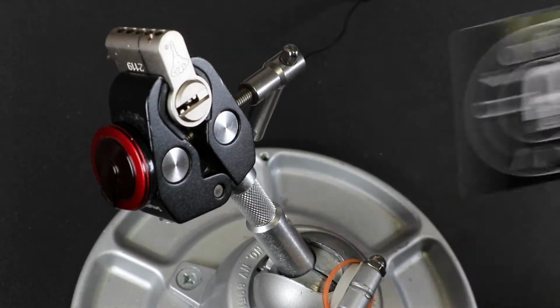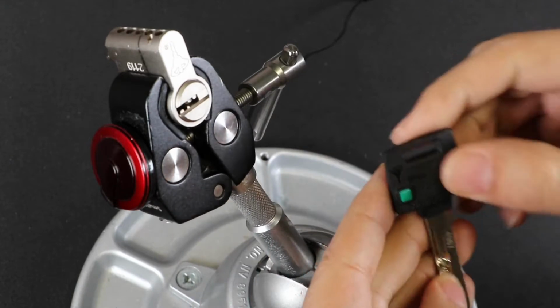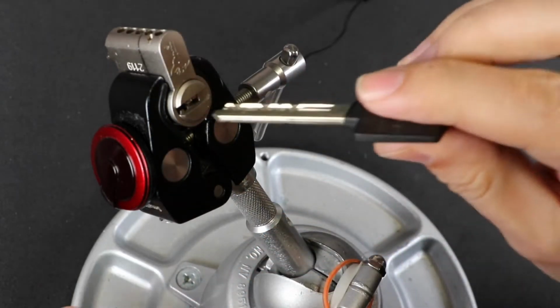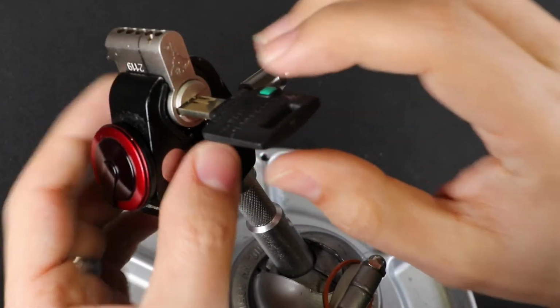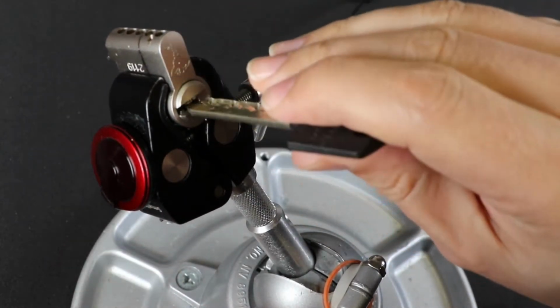I have another lock from Georgia Gym. This is the Mul-T-Lock Classic Pro. It has 1, 2, 3, 4, 5 pin and pin, and it doesn't have a lock on the back, and it's cut, so the key can go